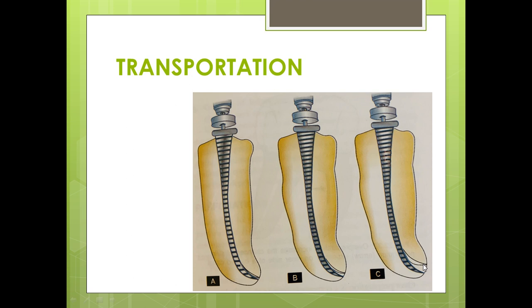So you must be very careful while doing the instrumentation. You cannot transport the apical foramen like this, because you are leaving this apical third not filled with the obturation. This is not at all obturated properly. So three-dimensional obturation is impossible in such cases. This requires surgical intervention for correction, otherwise the tooth is indicated for extraction. So you should be very careful during your instrumentation. Always have a tactile sensation grip on your instruments.